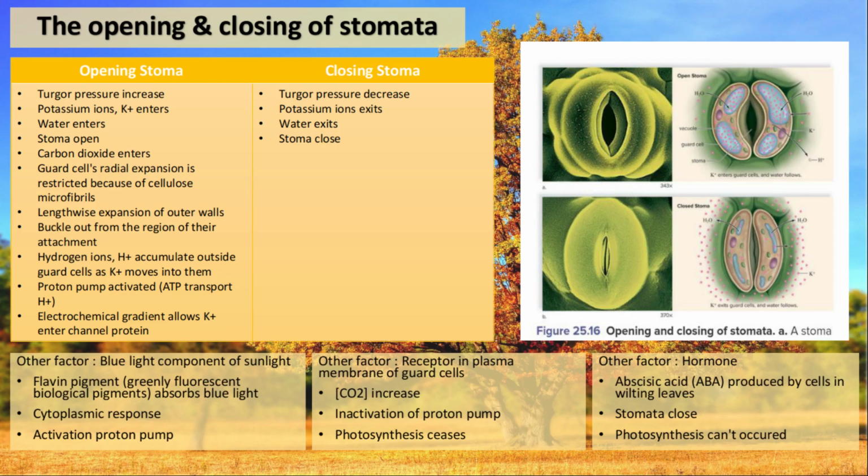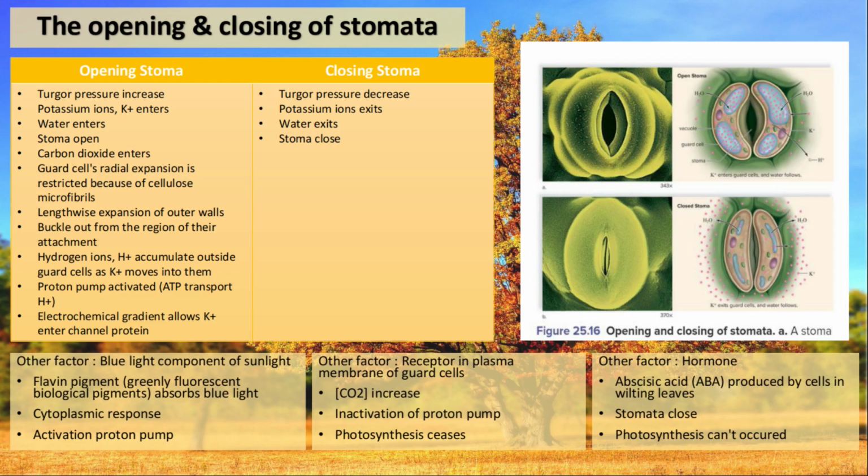Okay, korang boleh lihat daripada figure 25.16 bahagian open stoma di mana potassium ion dengan water memasuki guard cell. Kemudian stoma will open. After that, carbon dioxide will enter and guard cells' radial expansion is restricted because of the